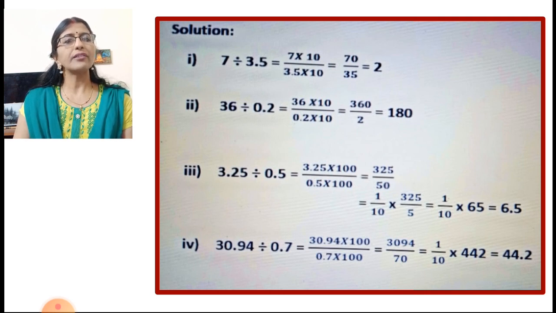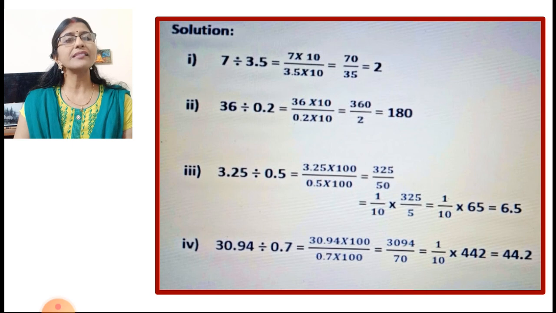And now what you will do, you will have to split 50 like this. So we can write like this. In place of here, you can write 1 into 325. So 325 can be split like this, 1 into 325. And in the denominator, you see how 50 is split, 10 into 5, because 10 5s are 50. Why we are writing it, I am telling you. This is the reason, because we want to convert it into decimal form easily.